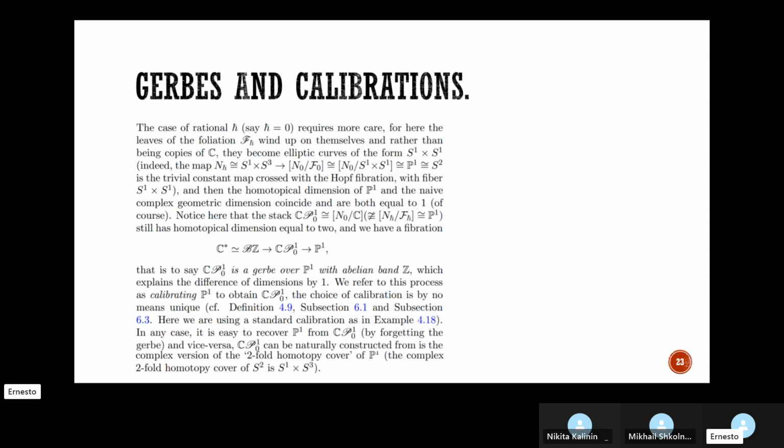Here I explain what I already explained. When H is rational, the situation is more delicate than when H is not rational. When H is not rational, you don't have this factor here, because there are no stabilizers. It's just a bona fide stack. The problem is when H is rational, the stack kind of splits off into a purely algebraic part and a classical